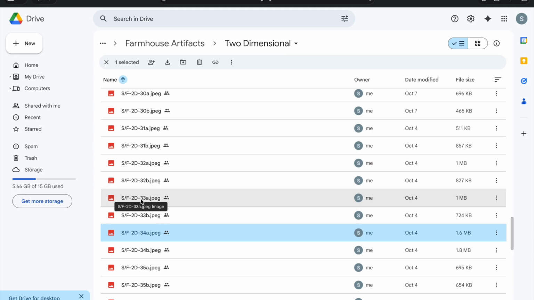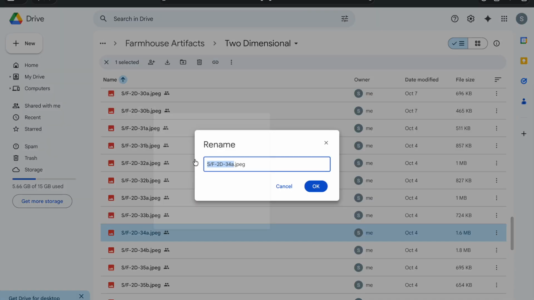So if we were to use an alphabetical discriminator for the image as well, we would have 2 A's next to each other, 2 B's next to each other, and that's just confusing. So we're just going to separate it with a dash. Let me just do an example. Say this is my artifact ID,